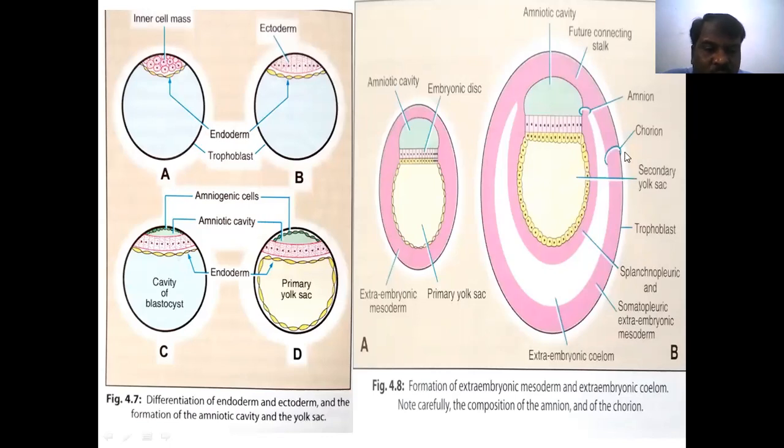This is known as the chorion, whereas the amnion is formed from ectoderm cells and the amniotic cavity cells, and also we can identify the somatopleuric. This forms the amnion. So amnion and chorion are very short notes. Expect questions on what the amnion is and what the chorion is. They may ask how the ectoderm forms and what the derivatives of the ectoderm are, and how the endoderm forms and what the derivatives of the endoderm are. So at this level, we have identified only two layers, ectoderm and endoderm.